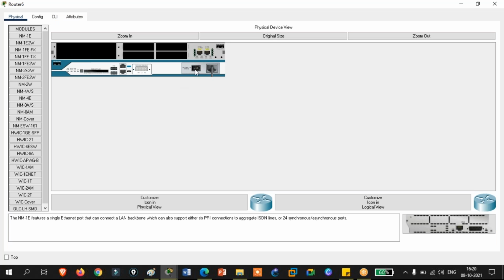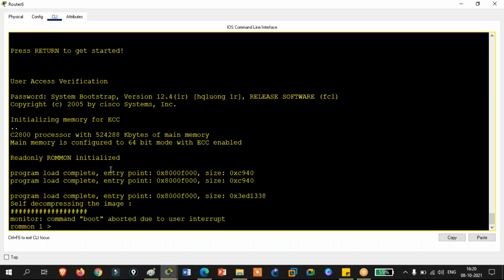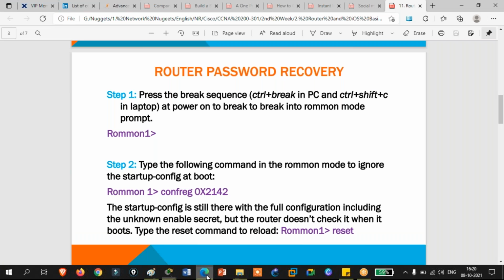So physically restart your router, and on the keyboard, press Control Shift C together. If you are using the computer or an external keyboard, you will use Control plus Pause Break. You know that keyboard has a Pause Break button. As a result, you will be in ROMmon mode.